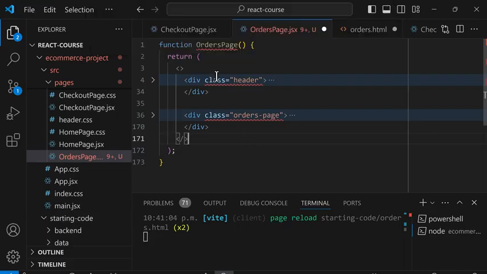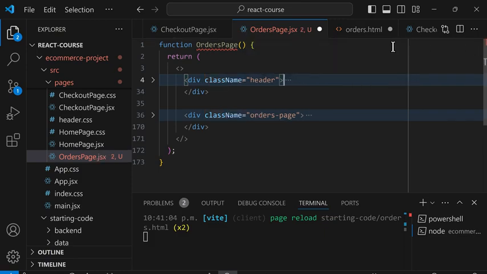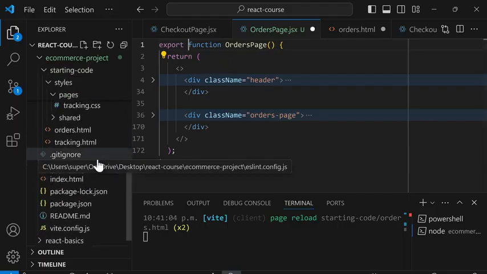Again, we need to rename class to className. So we'll press Control F or Command F to find code. We'll search for class equals, click here, and replace it with className, and replace all. And finally, at the top, we'll export this component. Let's save this file. Let's go back to orders.html,